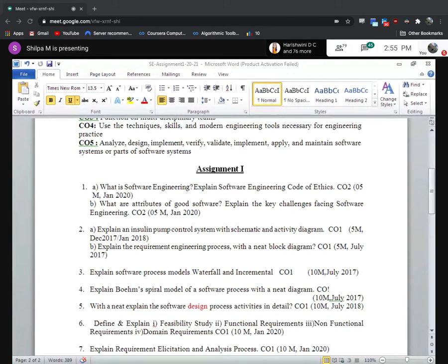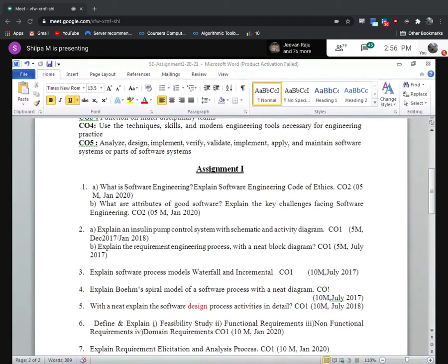Shall I go to the next question? Fifth one. See, write with a neat diagram. Explain the software process activities in detail. Actually, it is software process activities in detail. So fifth one. Go to page 34, and from 34 complete till 37.